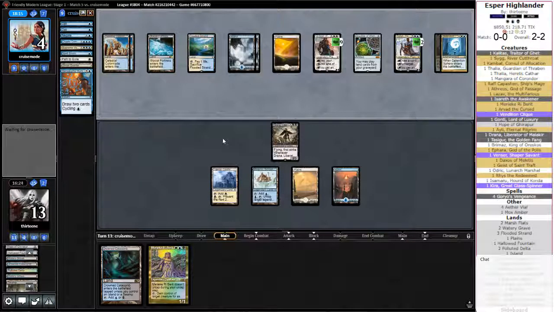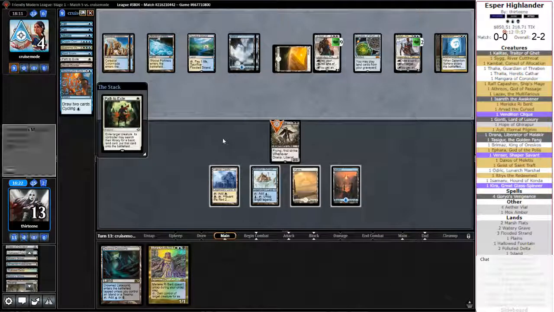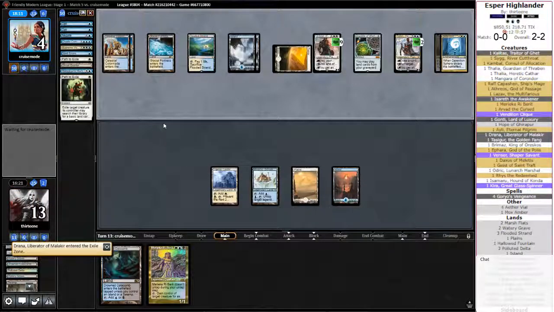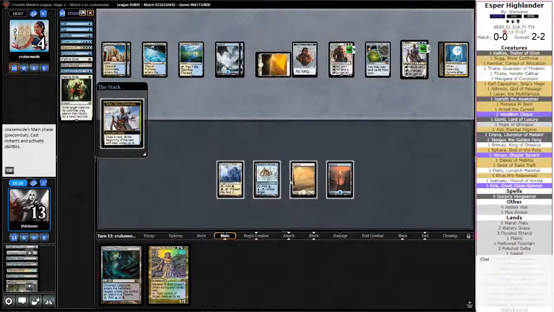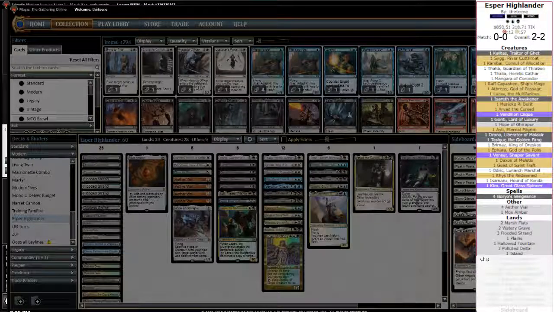Cycling Hieroglyphic Illumination when you have that much mana. That's fine. Don't care. Now I care. Yeah, if they would have just done that a long time ago, they would have easily had